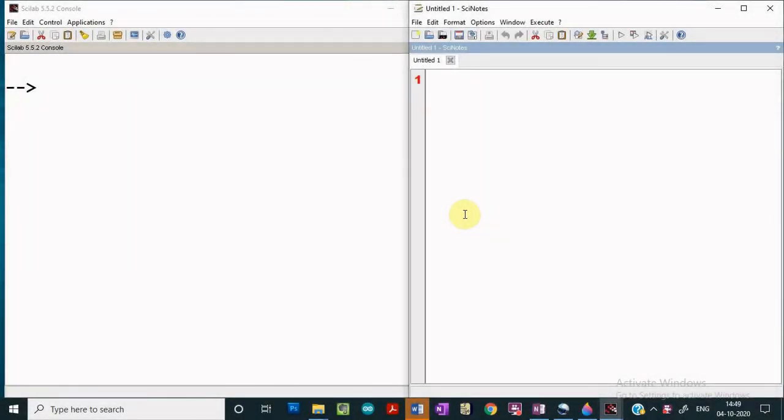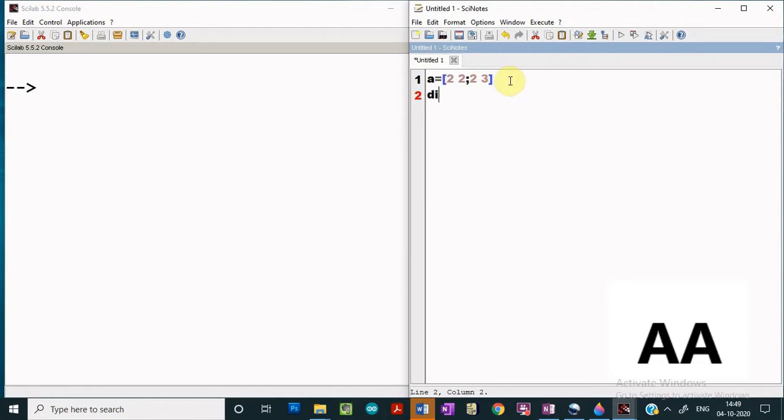Let us learn how we can perform the various matrix operations using Scilab. So first of all, we'll see how you can define a matrix in Scilab. So 2 and 2 are the first row elements. If I have to give the second row elements, then I have to put a semicolon, and then if I give something like this, it defines a matrix A, which is a 2 by 2 matrix.